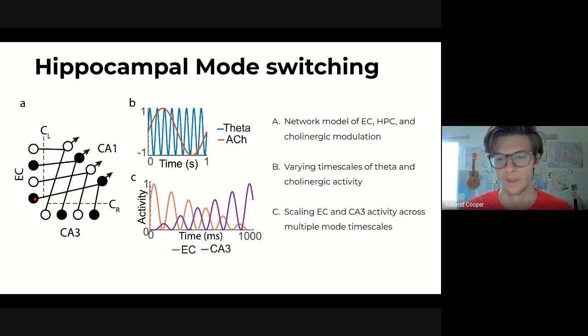If you record from it, the types of activity that you see are more in line with the direct input that the animal sees. Whereas CA3, given those recurrent properties, has been thought to be more of a mnemonic function. So it could serve a literal recall function. And so instead of taking the Hebbian net and making just one network for encoding and retrieval, what we think